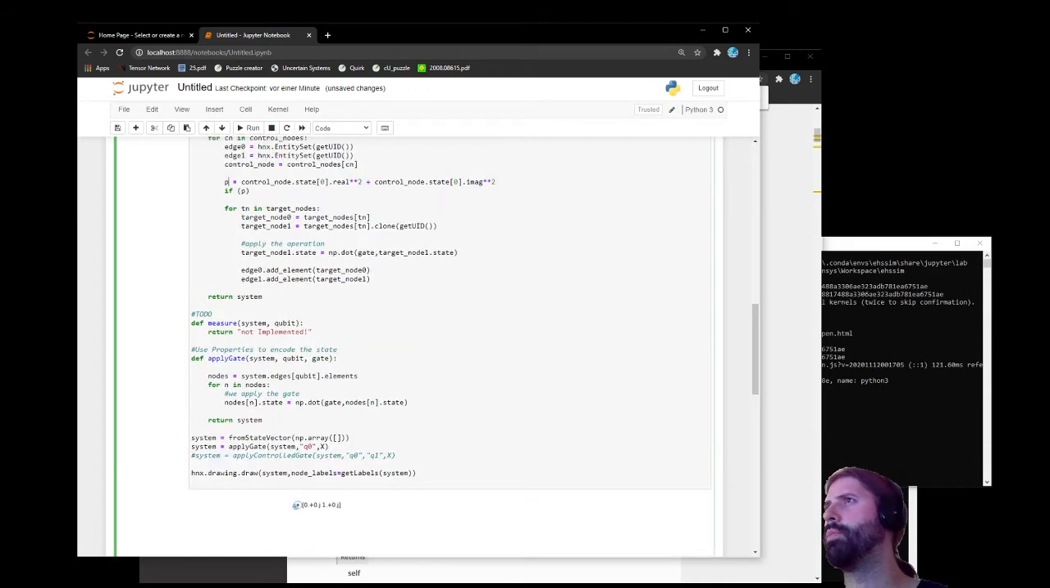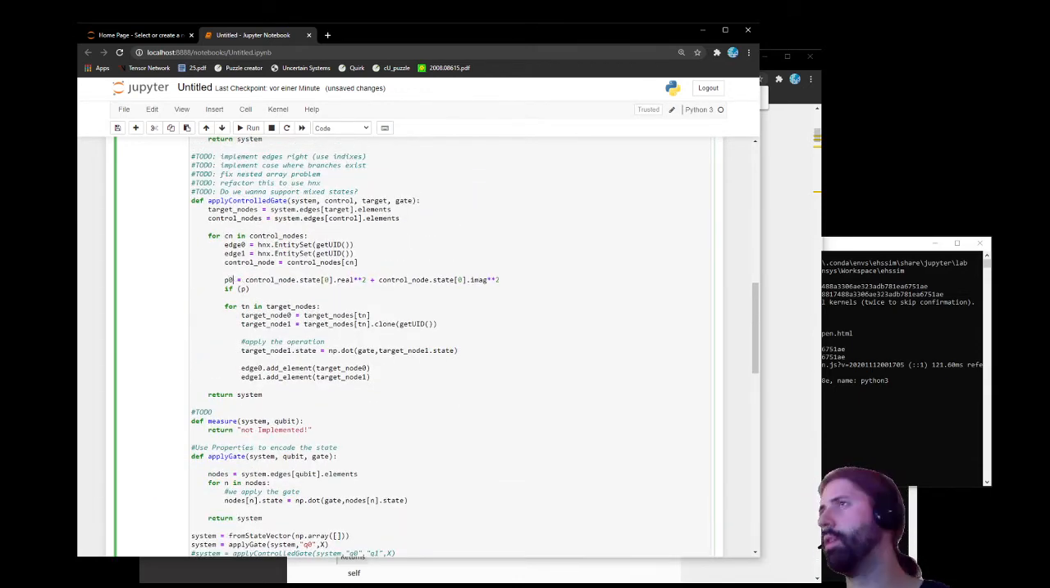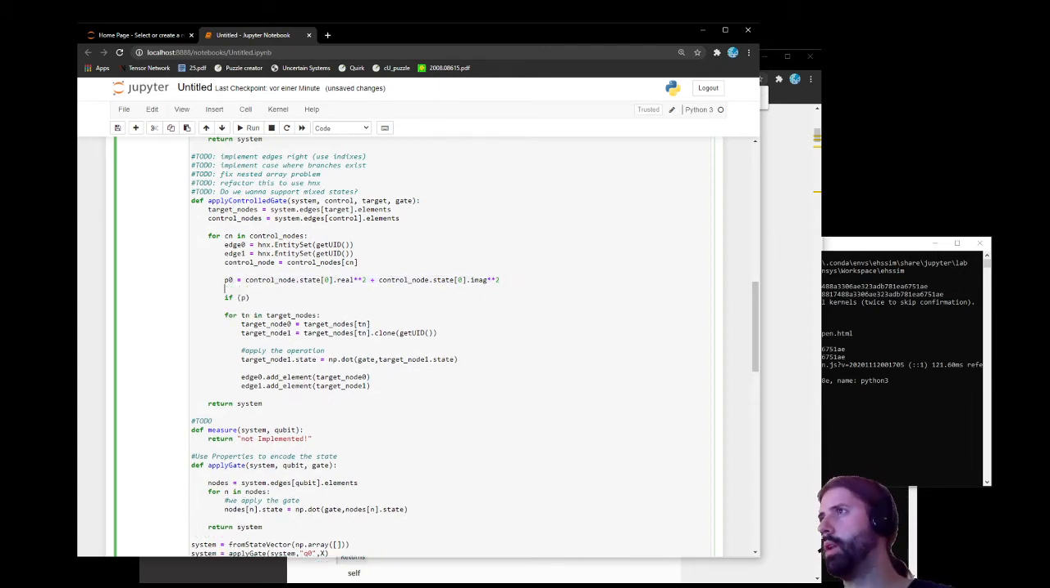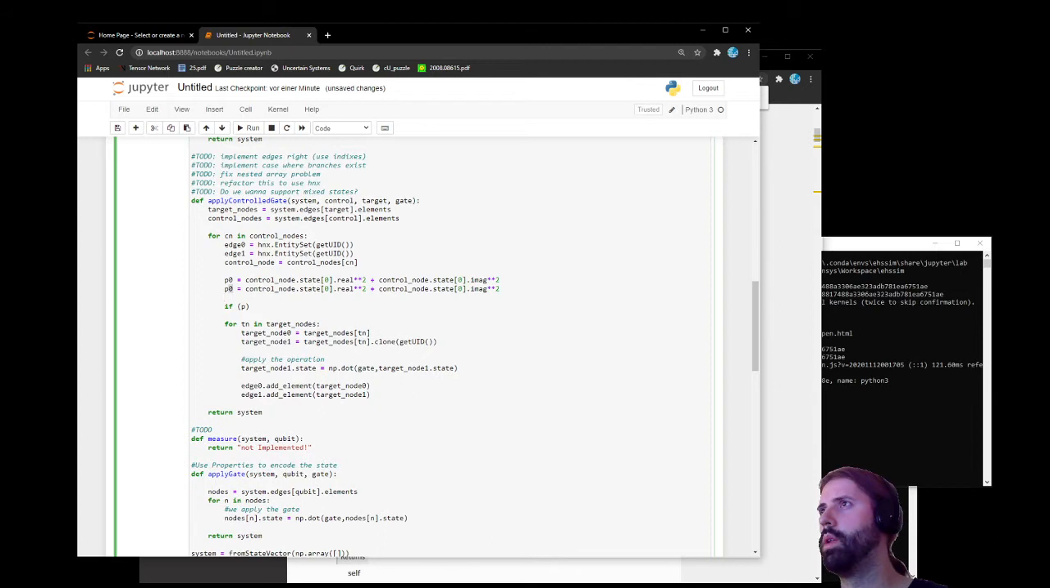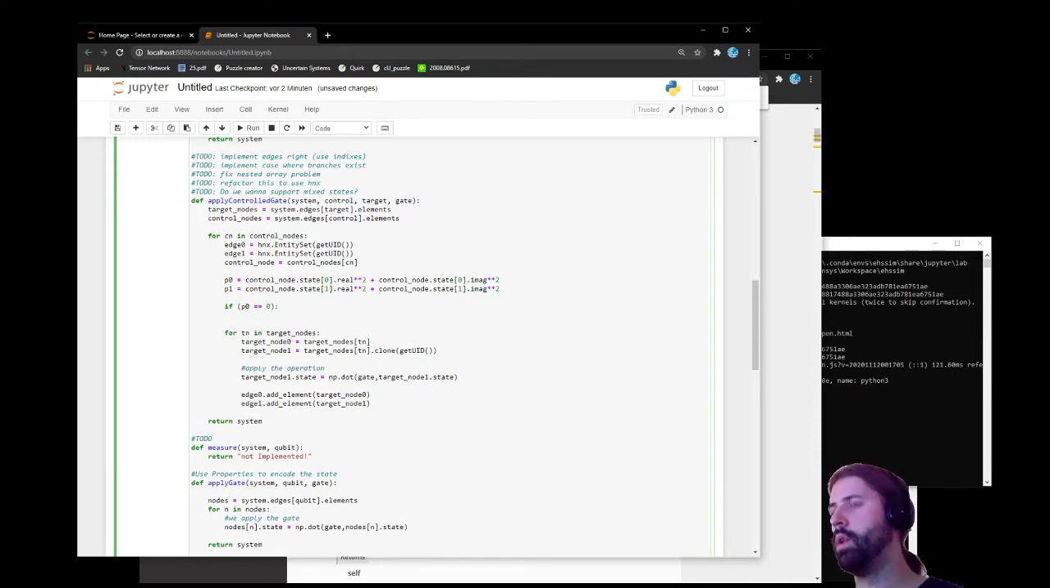This is probably not the probability, but whatever, the probability of the 0 component. It's P0 and this is P1. This is probably not the right thing, but if both things are 0, so if P0 equals 0, right? Then we've got the case where what we do is